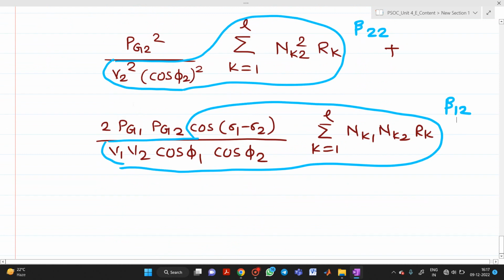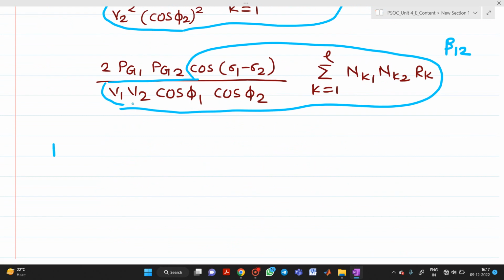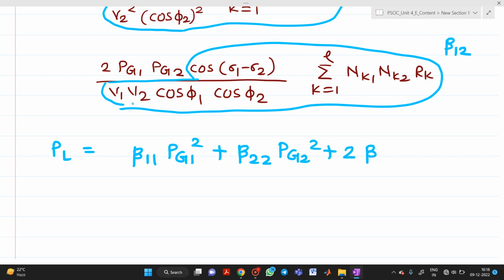So this above expression can be written as PL equal to beta 1 1 into Pg1 square plus beta 2 2 into Pg2 square plus 2 into beta 1 2 into Pg1 into Pg2. So this expression is called a loss expression. This is called a loss coefficient or a